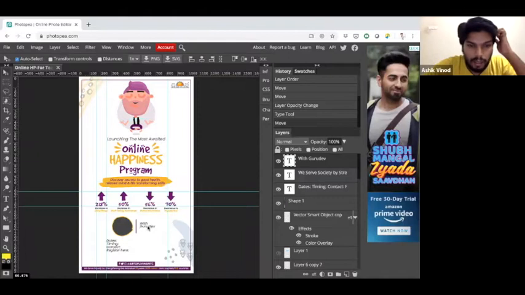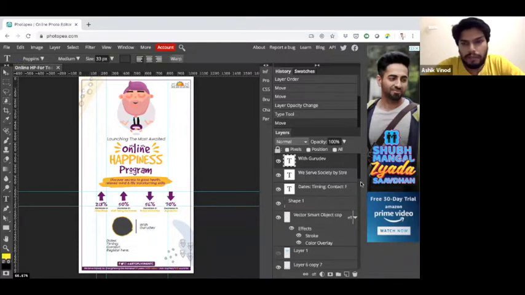Now, one thing we have to see is to make sure the alignments are correct. Earlier it was a 3-line text, and now we have made it a 2-line. So the center will come around here. This is a simple alignment. You can move around and see which is actually the best for you.